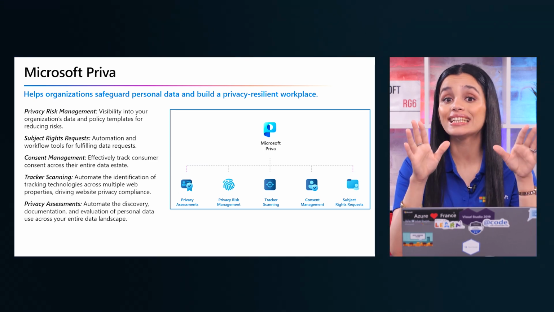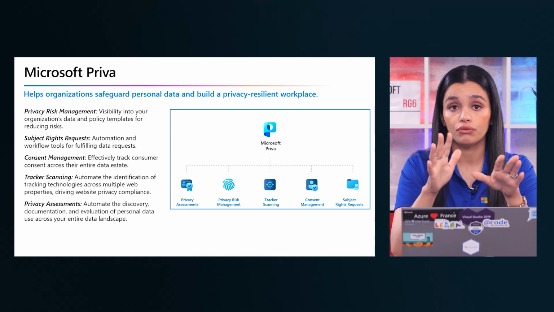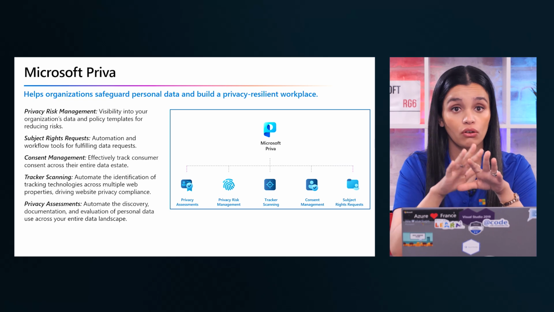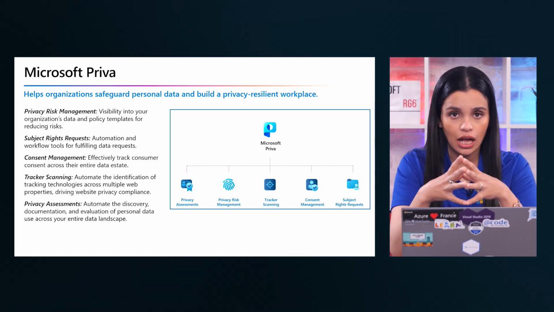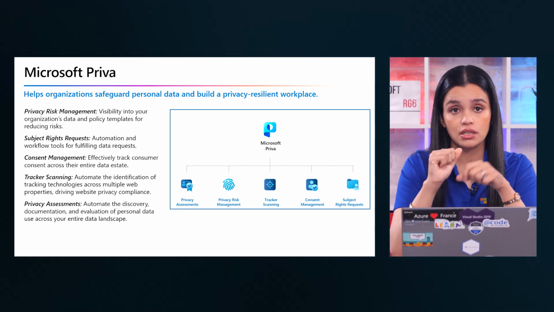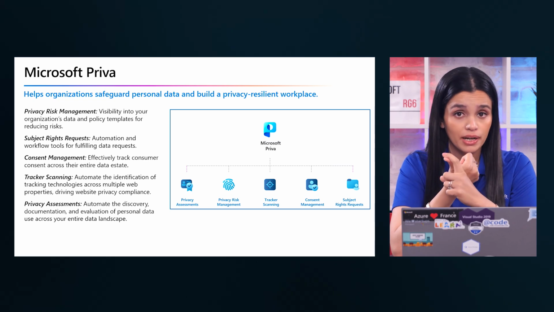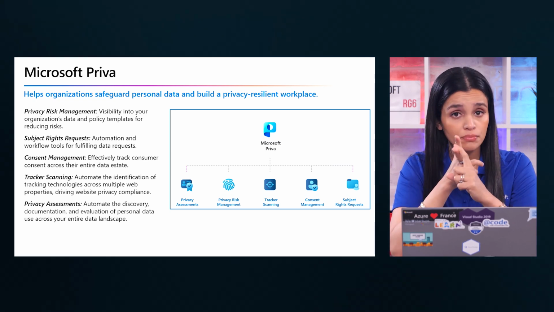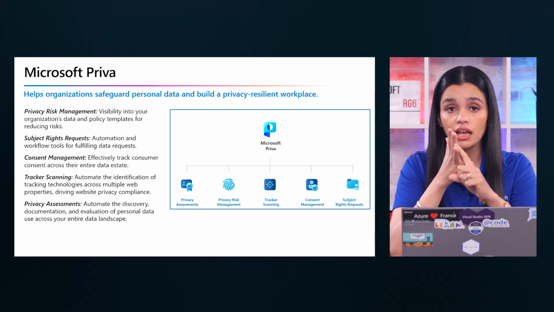Microsoft Priva will give you an overview of your organization's performance against its compliance standards. Priva's capabilities are available through 5 solutions: Priva Privacy Risk Management, Priva Subject Rights Requests, Consent Management, Priva Assessments, and